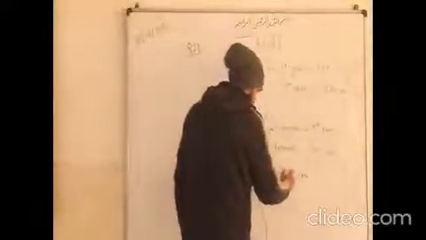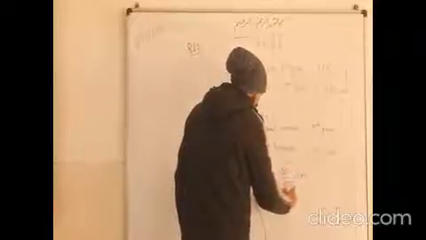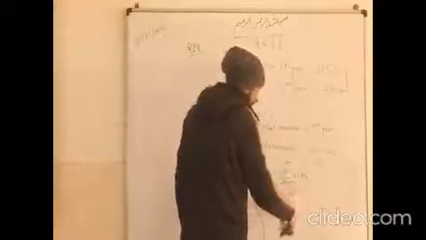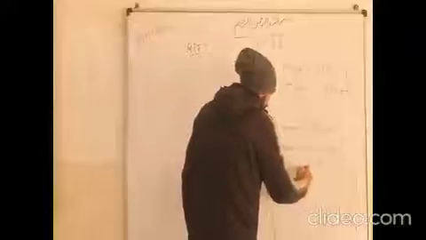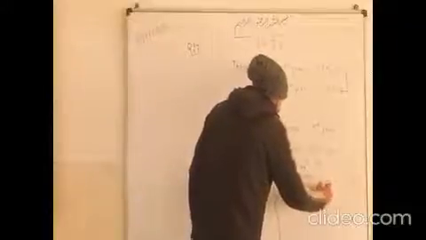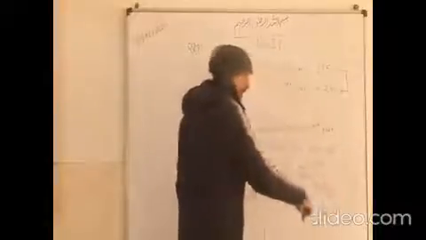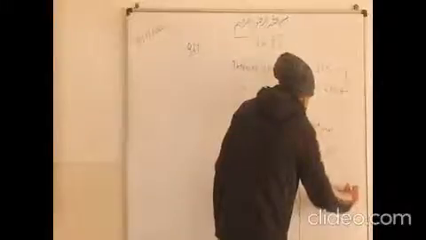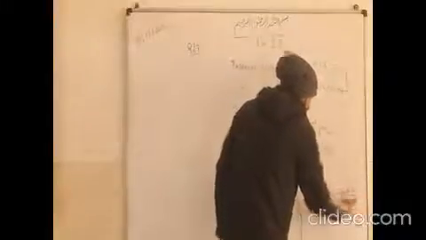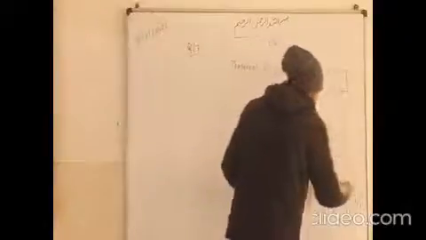So let's see, 5 3s are 15 and 5 4s are 20, 5 5s are 25, then 3 1s are 3, 3 5s are 15. Like we can solve this. 5 3s are 15 and 5 2s are 10, 0. So it's coming 20 by 3%. Or we can change this into a mixed fraction: 3 6s are 18 and 2 is 6 2/3. So this is the percentage that is asked in this question.